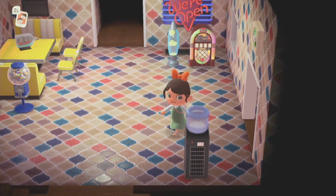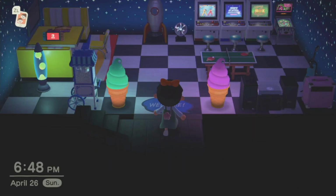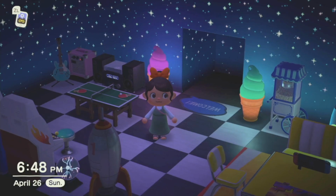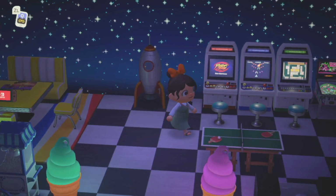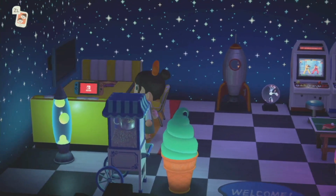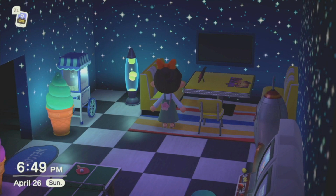So then downstairs is my favorite part of BMO's house. It's the arcade. I love it. Have all the arcade machines. I wish you could play them like a mini game. And then the TV. Let's turn the light on